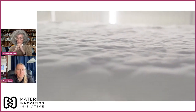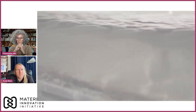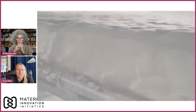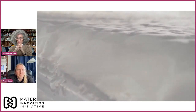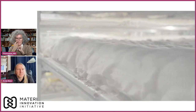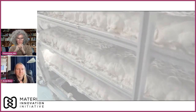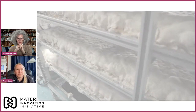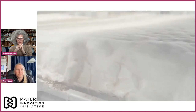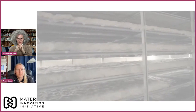We can produce miles of this material in facilities like these, and all the mycelium requires is that we feed it plant-based waste and create the proper conditions for it to thrive. At this point, the pure mycelium is separated and then prepared to be processed into its final form. In the case of forager hides and foams, we harvest the sheets, slice the mycelium, and ship to our tannery